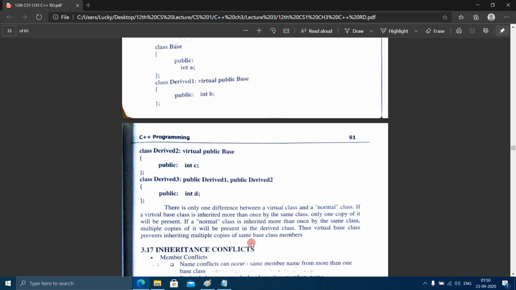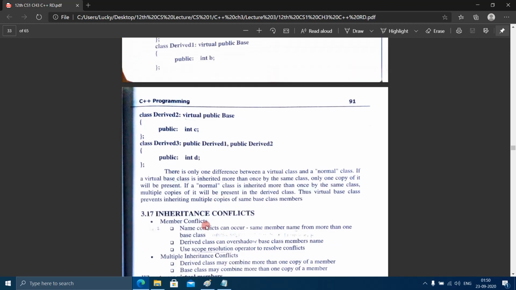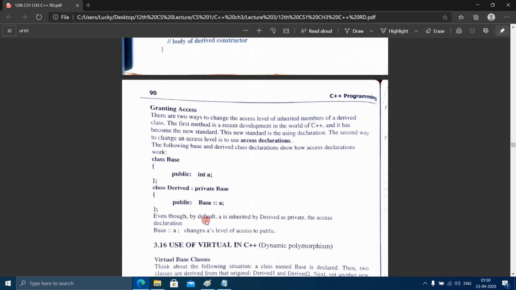And now we will start with inheritance conflicts. So it has member conflicts. Name conflicts can occur when the same member name comes from more than one base class. We saw this conflict in this example.